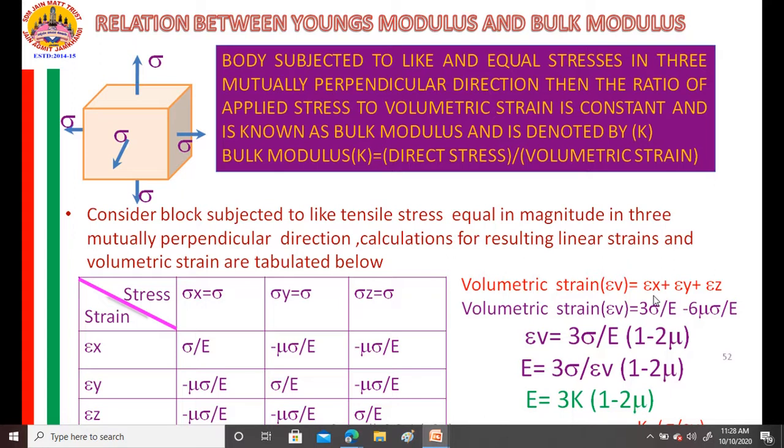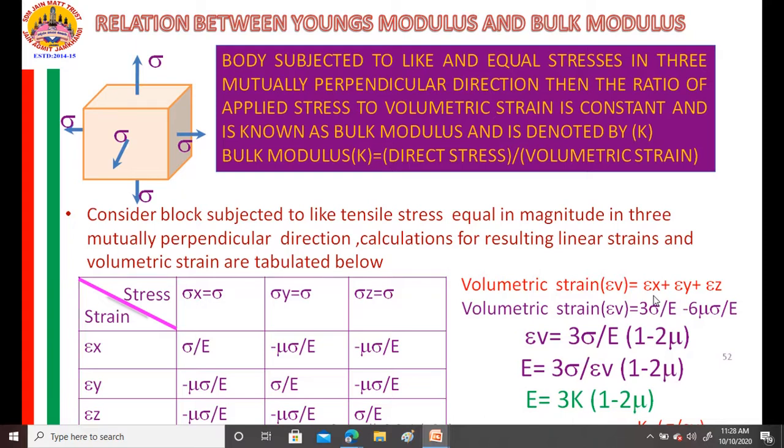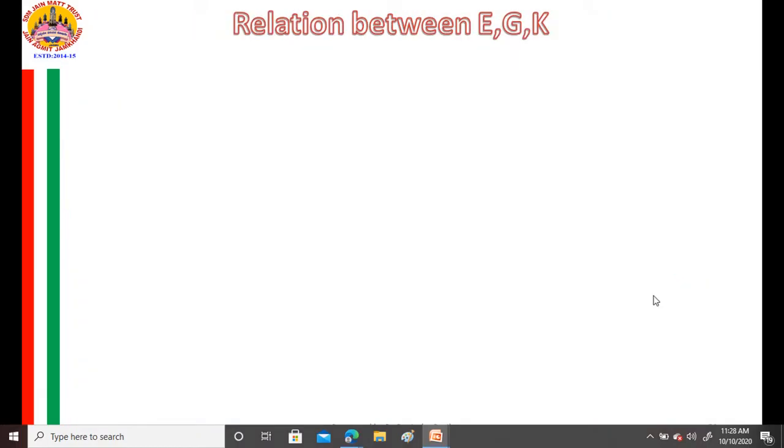Yes, this is what I covered in the previous class. I just took a revision of the same thing, as you were repeatedly asking. You need to go through it. This derivation is very easy, but you need to focus on the relationship between E and G. Now, by knowing these two relations, we can arrive at the relationship between these three constants E, G and K. How is it?